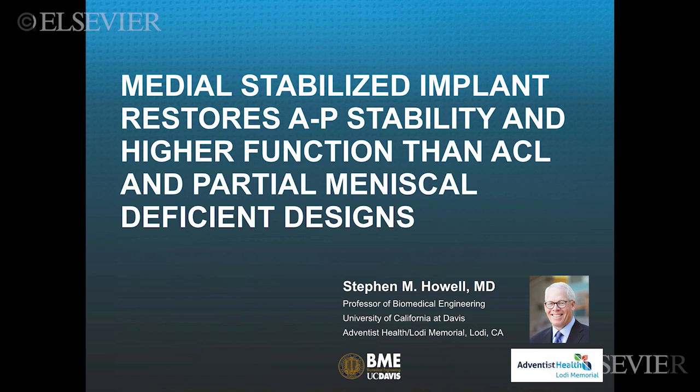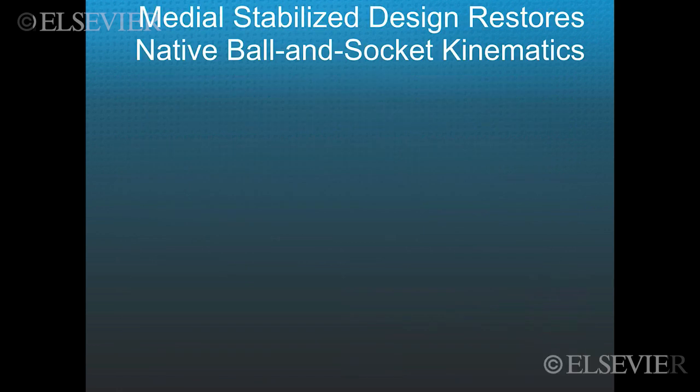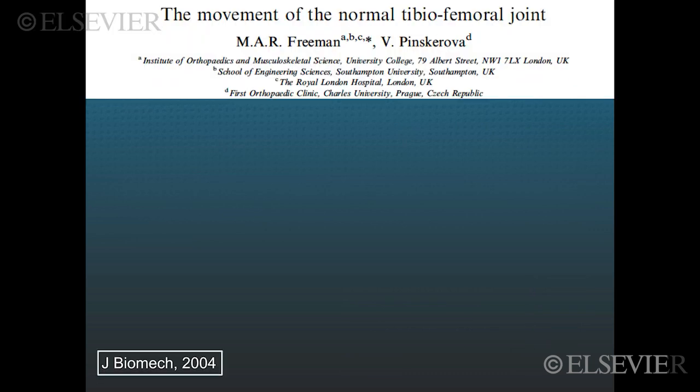Discuss the use of a medial stabilized implant as a way to promote anterior stability, reducing the anterior translation of the tibia, posterior rollback, and rim contact, and show that it has higher function than an ACL and partial meniscal deficient designs. So the medial stabilized design can restore native ball and socket kinematics, which is based on the landmark